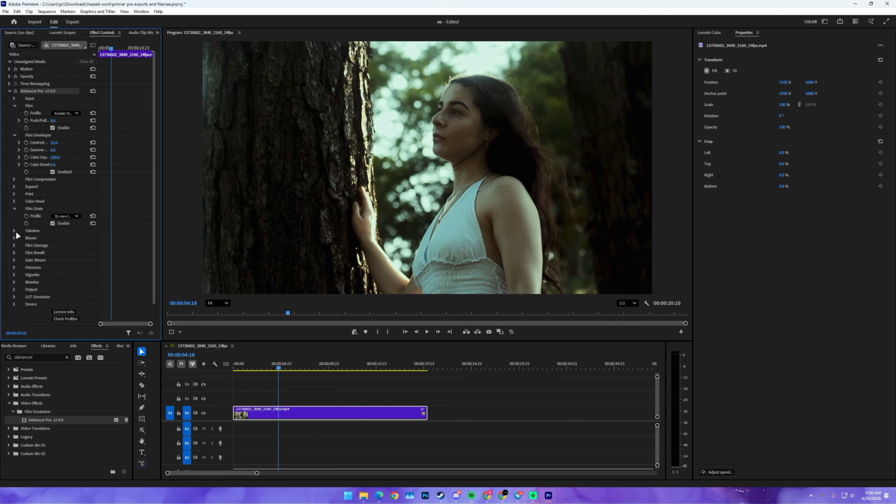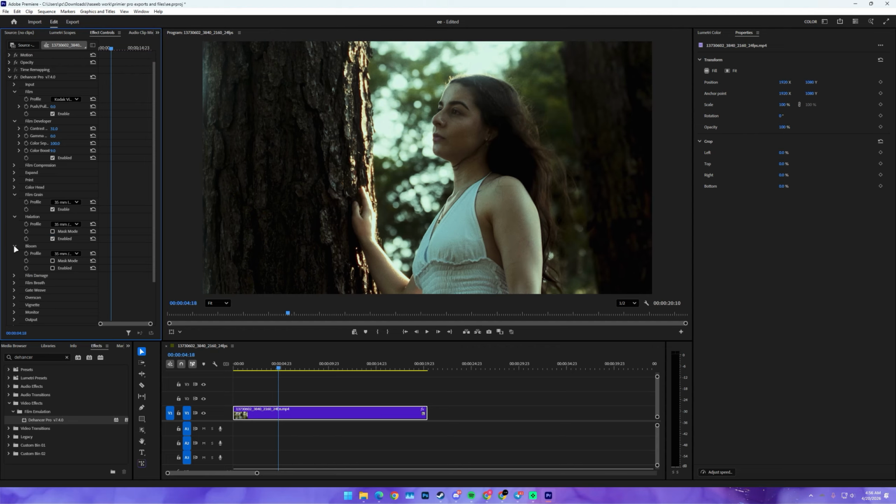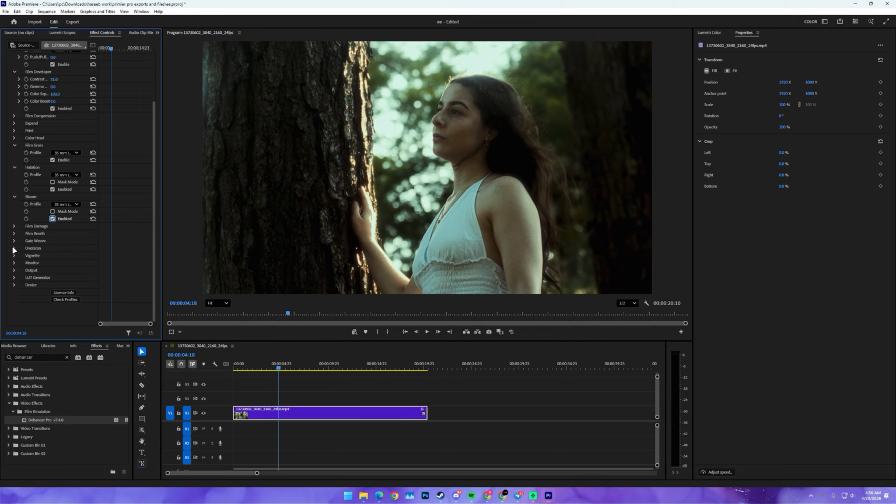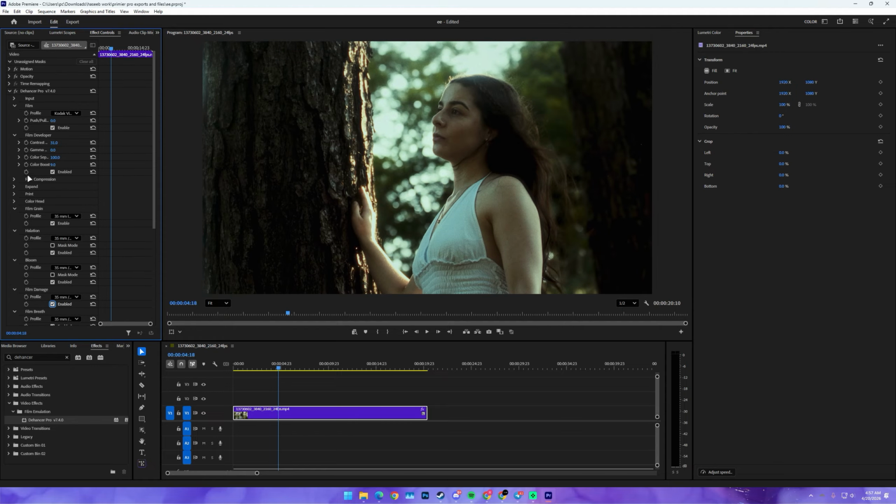This is the main reason people love Dehancer. These are real analog film profiles, not just color filters. You can scroll through them, see how each one gives a completely different mood. I'll pick one that fits this footage. Next up, I'm gonna enhance the contrast a little, just push it slightly to give the image more depth, and